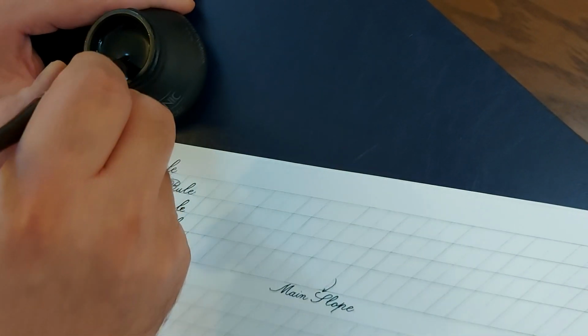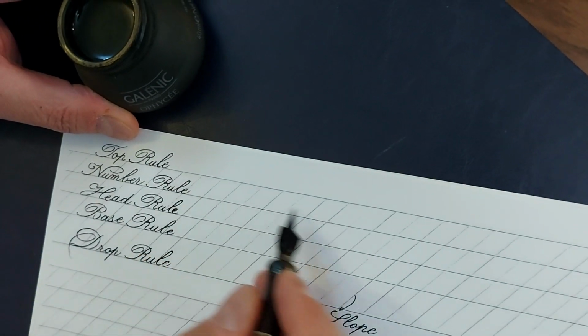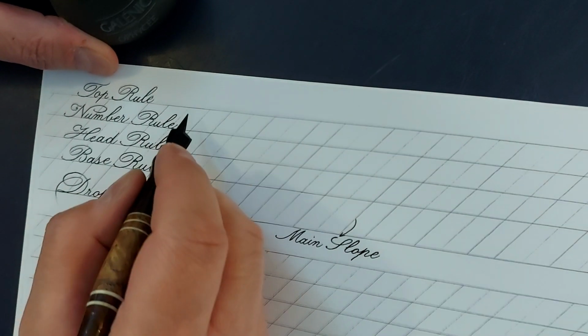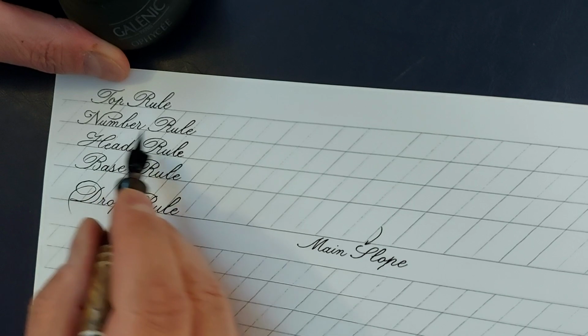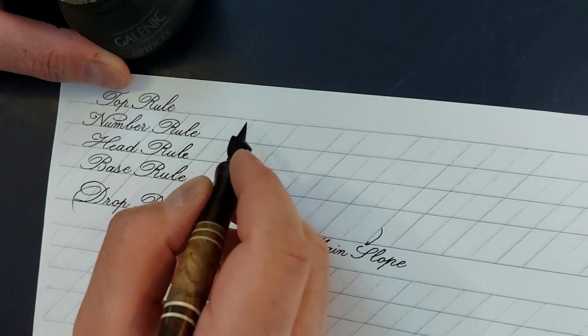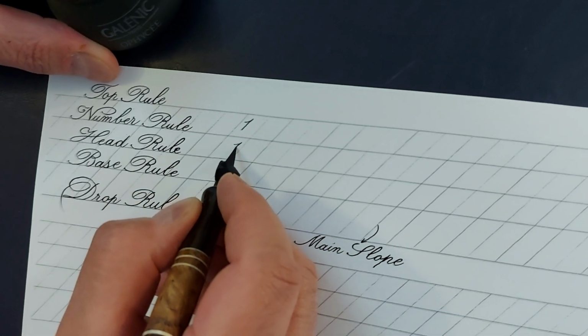Hi friends! In this video I'm going to explain how to make a guide sheet and how to write the basic strokes in small letters. For writing Copperplate we need to draw 5 horizontal lines which are called top rule, number rule, head rule, base rule and drop rule. The ratio between the lines is 1, 1,